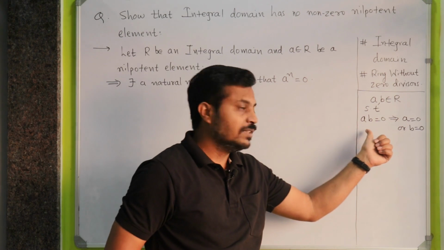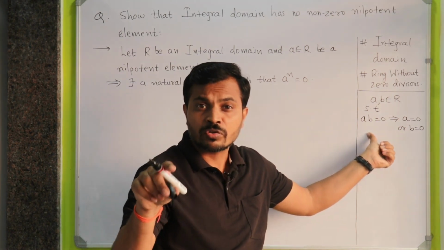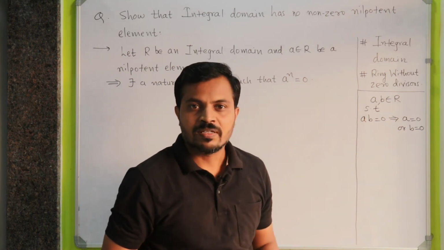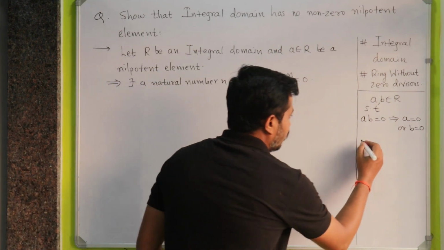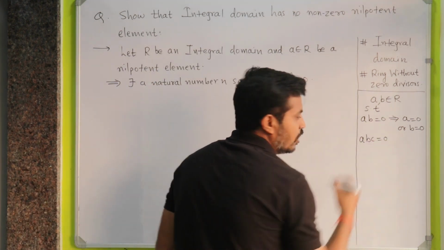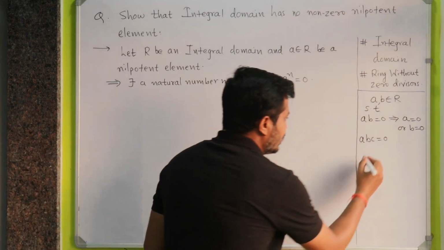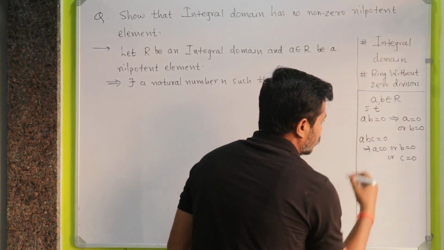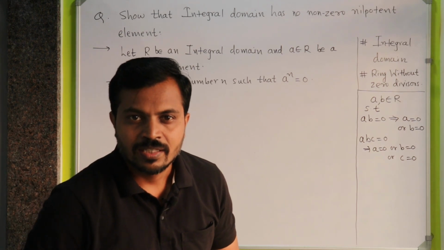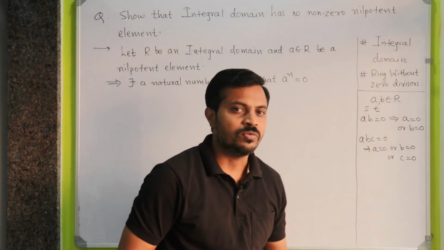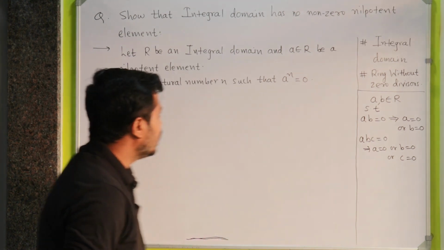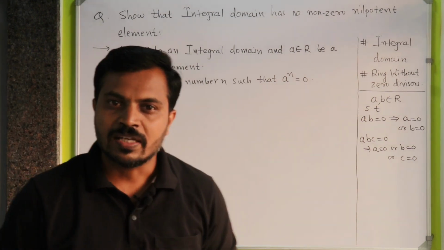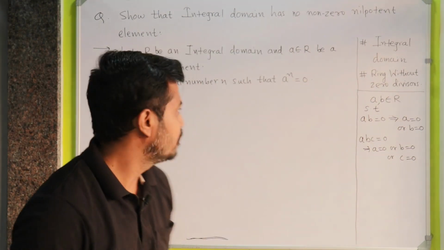Now remember that this definition doesn't work only for two elements, but it also works even if we have any number of elements. Like if we have ABC equal to 0, then it implies A is equal to 0 or B is equal to 0 or C is equal to 0. The same idea can be extended if we have four elements ABCD equal to 0 and so on. Now it is already given to us that R is an integral domain. It means that the ring is without zero divisors, and